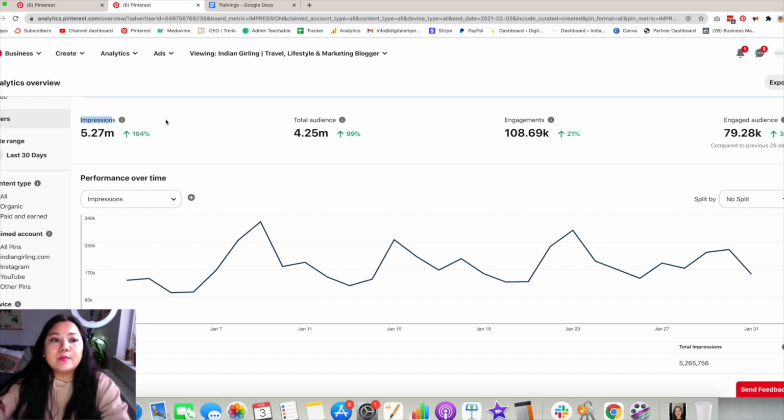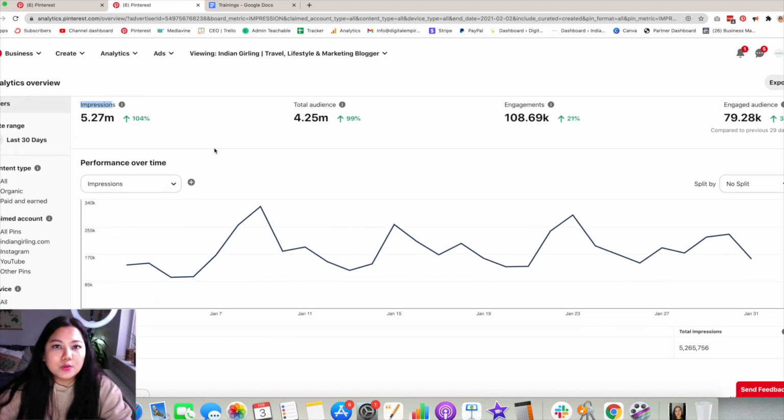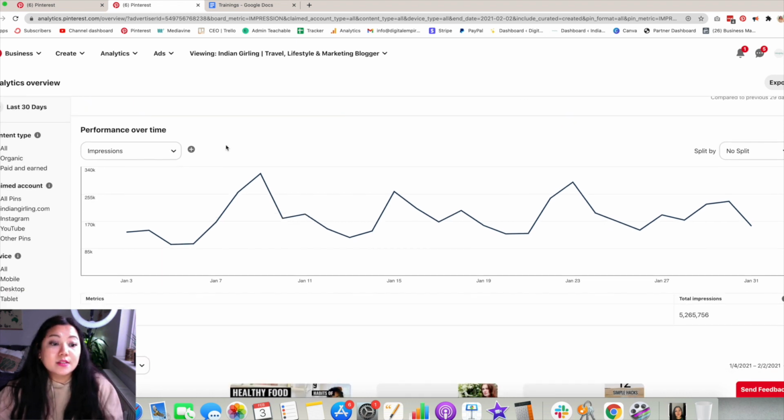So impressions, if you click on the tab I, you'll be able to see that as well. Impressions are now equal to the monthly viewers that you have on Pinterest, and they have done that to make it easy for you to understand exactly how many people had access to pins from your domain. This doesn't include any information about pins that you save from other people's accounts, and earlier it was being included, but now it's not. So this is now a better way for you to gauge whether or not your Pinterest strategy is working, what could change, and how much your audience is growing over time.